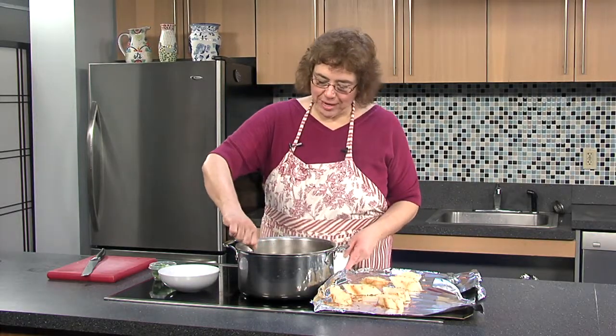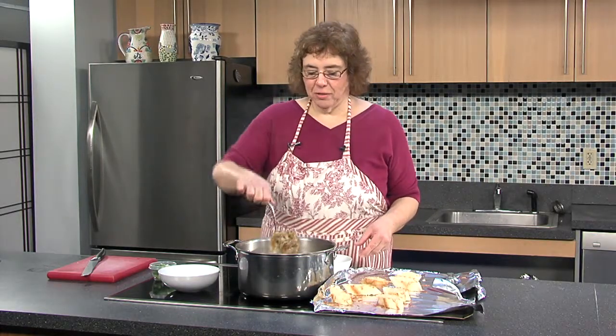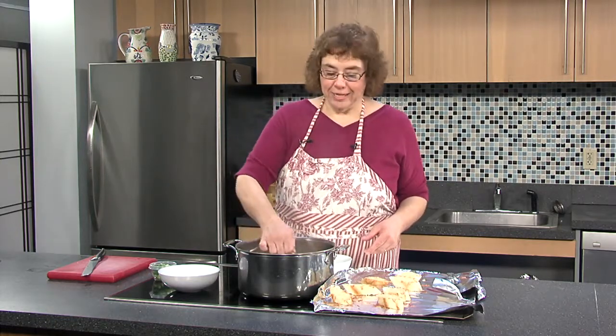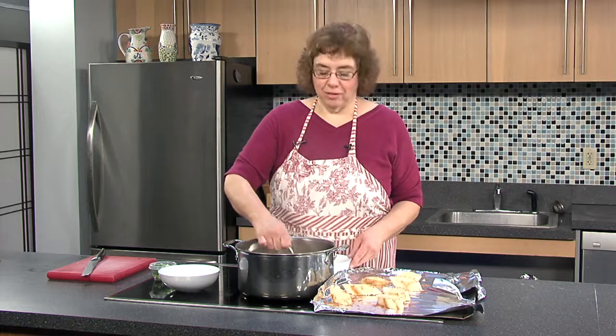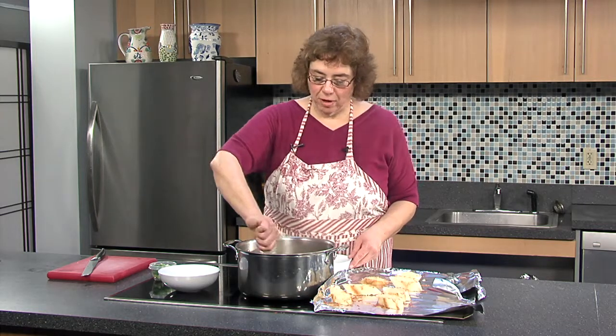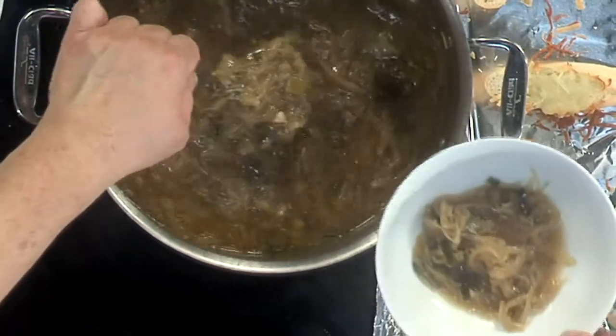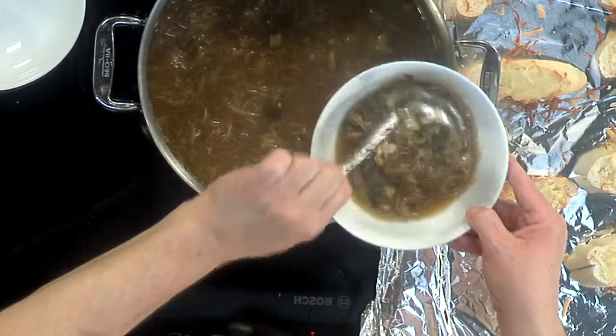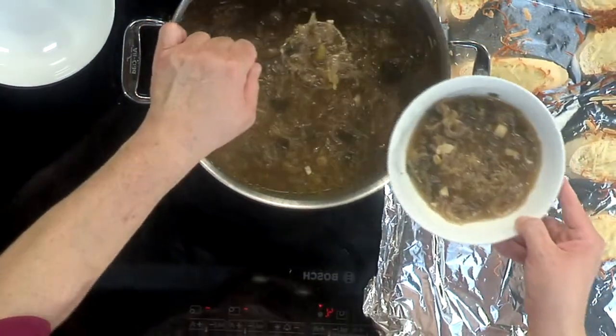So we're serving our onion soup. You can see how it turned out. All our onions are nice and tender. Our soup is thickened. It's actually, the liquid has been cut in half, so all the water has evaporated and we reduced the broth. And the beauty of doing it this way with the toast on top is that you don't have to have an oven-safe bowl, and you don't have to scrape all the onions